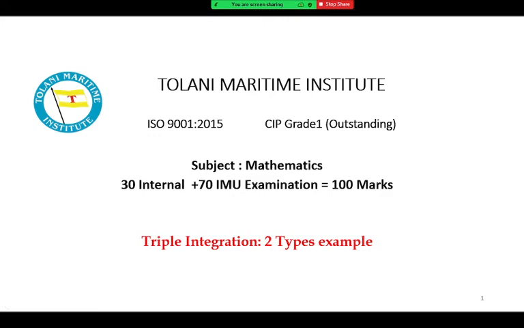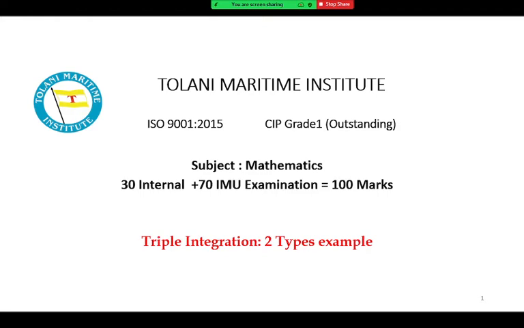So we are starting here a triple integration. It is just a little bit of an extension of a double integral. The concept of double integral is just extended to a triple integral. This is one of the simple articles that we have. If you are good in double integration, you can easily solve the problems of triple integral. So maximum one session we require to finish triple integral, and today only we are going to finish our triple integration here.